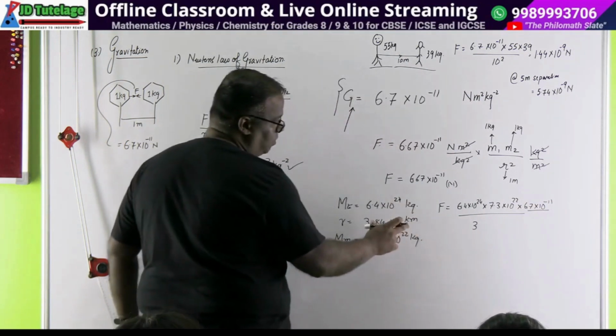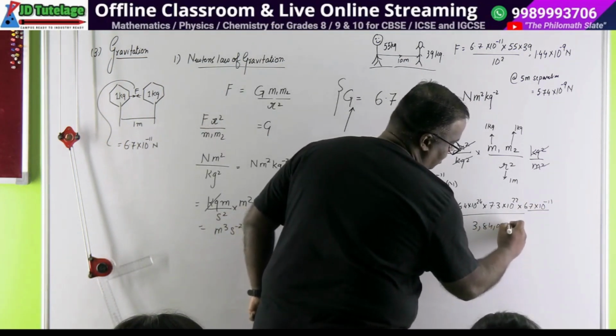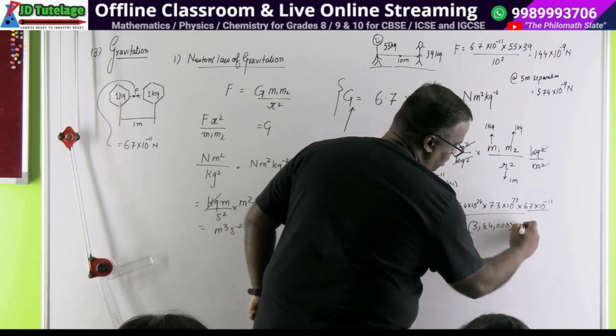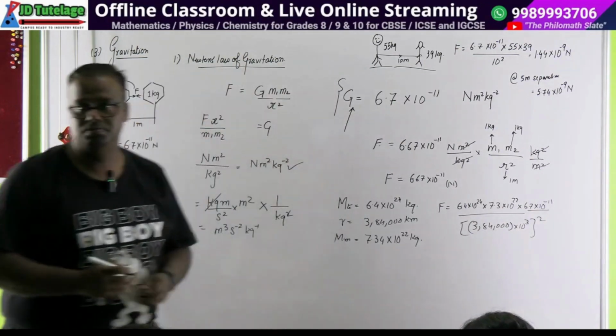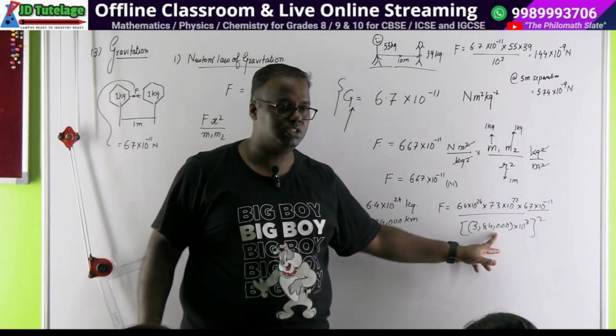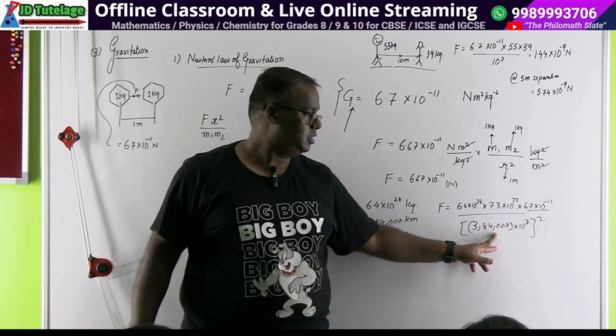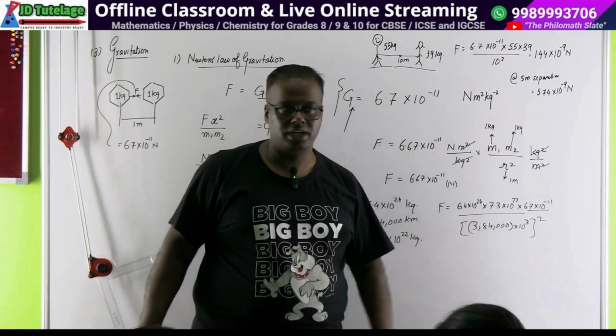So this many kilometers, okay, that means 3,84,000 kilometers means into 10 to the power 3 इतना मीटर, then इसका स्क्वायर। समझ में आ रहा है कि नहीं? देखो तो, this is kilometer. 3,84,000 kilometer is the distance from moon to earth. 10 to the power 3. तो मीटर किया उसको और फिर इसका स्क्वायर किया, ठीक है? हाँ,